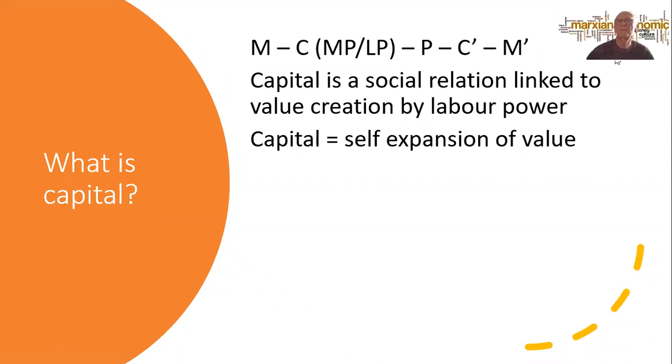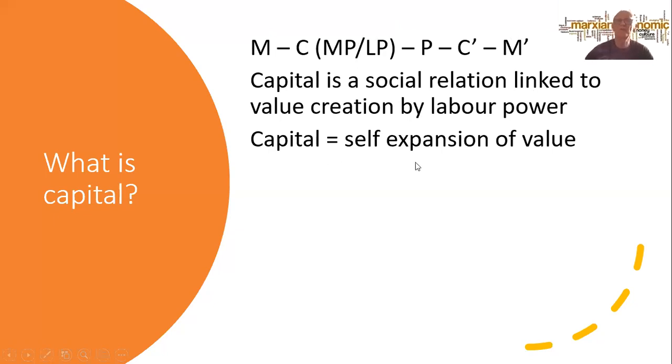So we've got a system where capital is really a social relation linked to value creation by the labour power. In mainstream economics, capital, and quite often we do ourselves, refers to the factory. We mean the capital, the assets held by a company or owner of capital, machinery and so on. But Marx doesn't use the word capital like that. He wants to show that there's a whole process here of using labour to produce more money. So you start with some capital, in money form, and you finish up with more money.